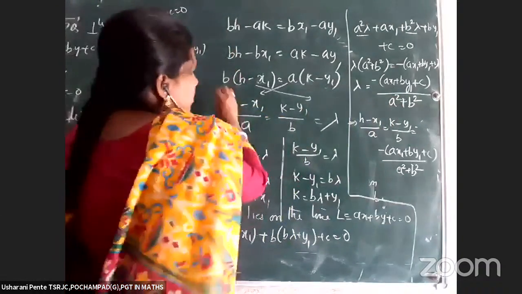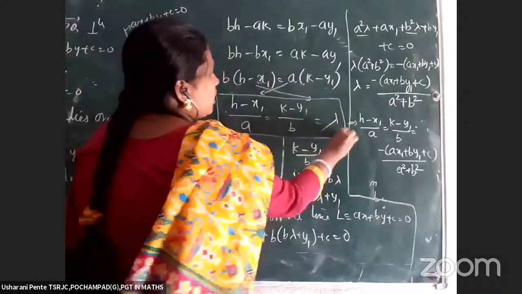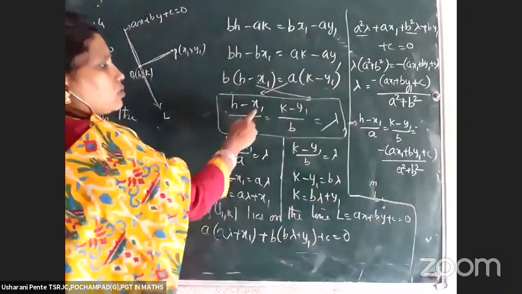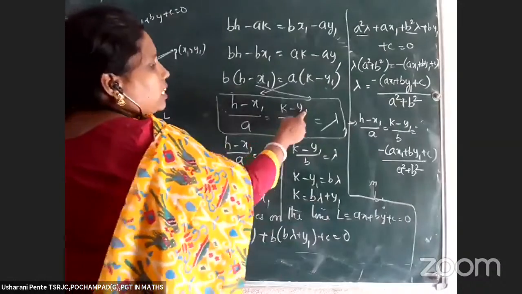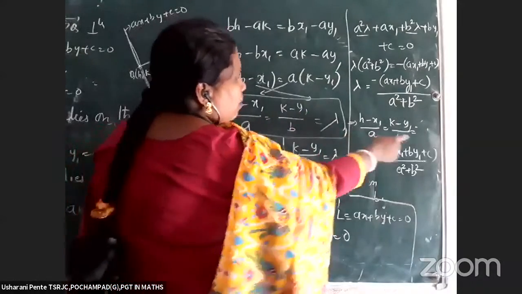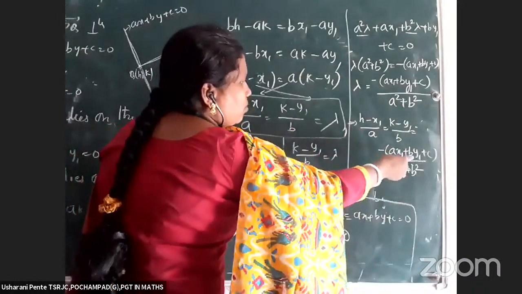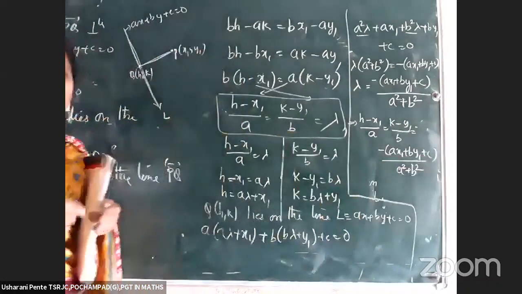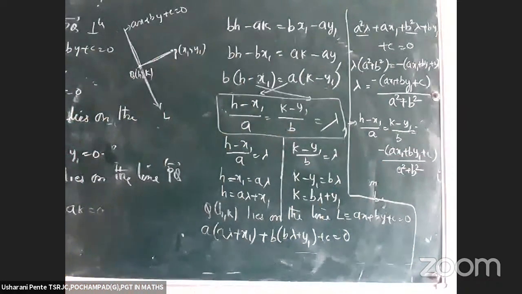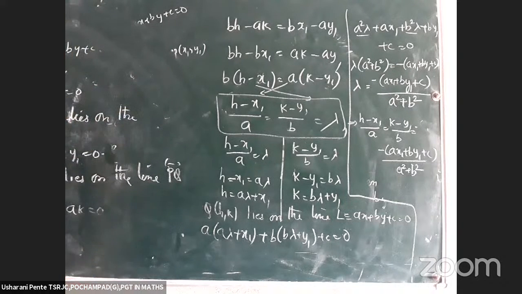So in this equation, we are substituting the lambda value, that is (h minus x1) by a is equal to (k minus y1) by b is equal to lambda, which we got as minus of (ax1 + by1 + c) by a square plus b square. That is how we will find it. So next,